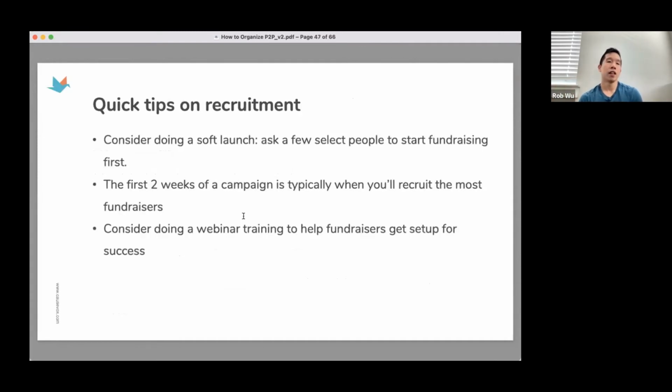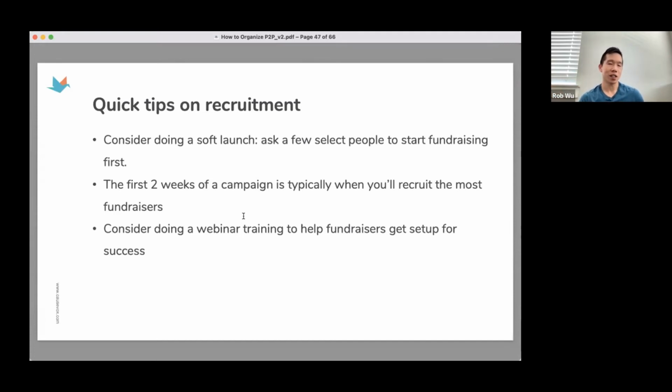All right. So quick tips when it comes to recruiting folks: typically, yes, you have this giant list, but you want to make sure that you have a core group of peer-to-peer fundraisers before you do the public announcement of your peer-to-peer campaign. This is important because what you don't want to do is blast out your campaign, and then on your campaign homepage there's nobody fundraising and $0 raised.